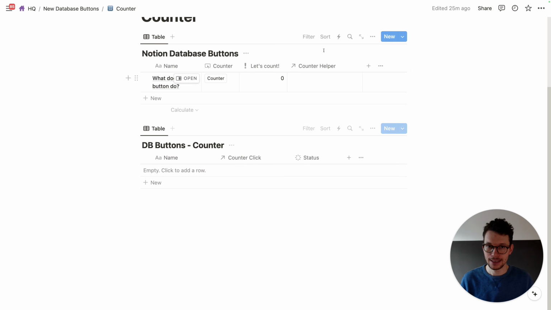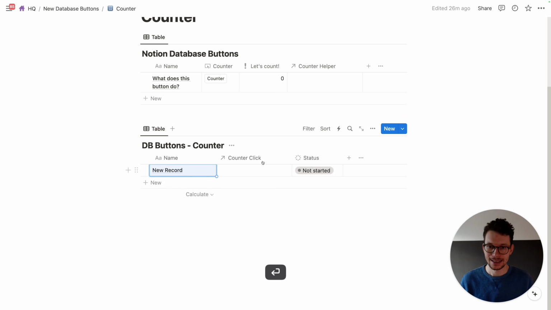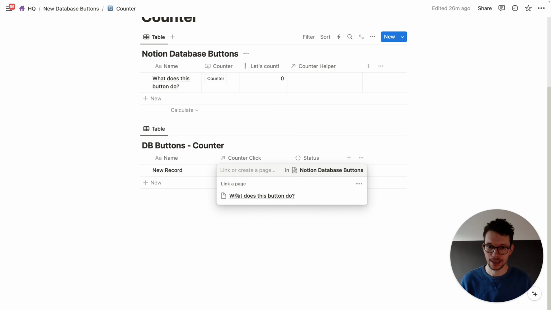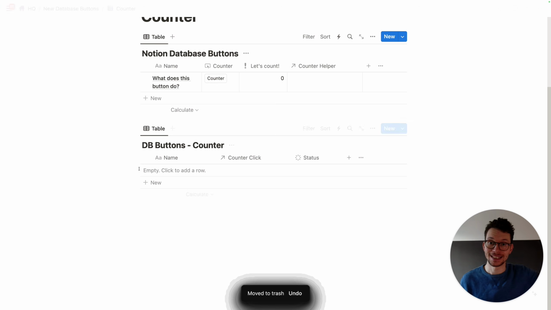So as you can see, these 2 databases are related, right? So if I click enter, like a new record here, you see that this one has a relation to this database. So I can go on here and say, okay, what does this button do? I can set this relation manually. Now, that of course is not what we want to do, but it's the setup that we need